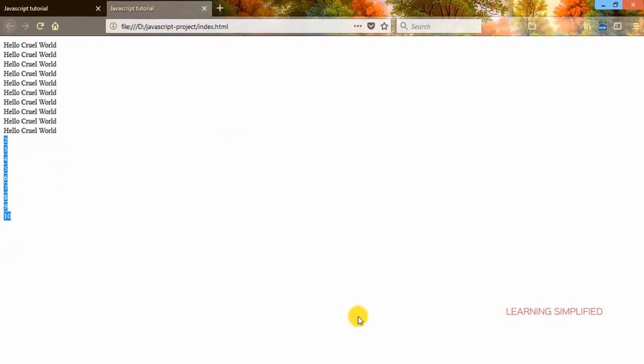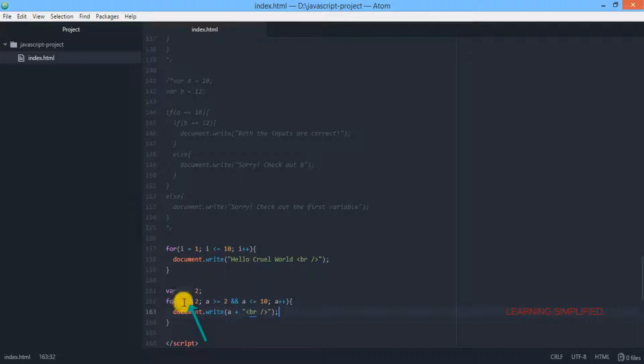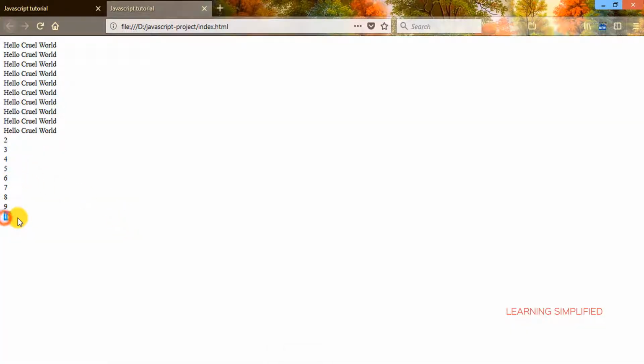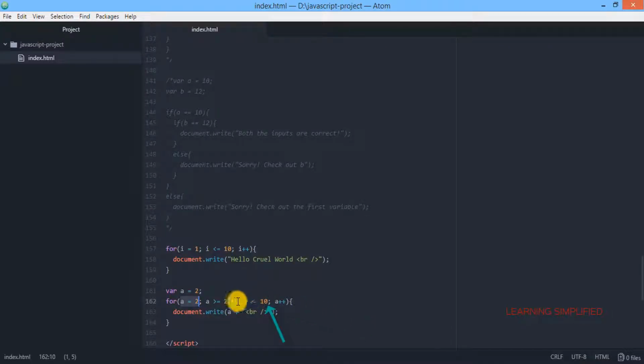The starting value, the indexing value here, is 2, as we have set the index value as 2, and the last value is 10, as we have stated that a is lesser than or equals to 10. That means the starting value will be 2 and the closing value will be 10, with a stepwise increment a plus plus.